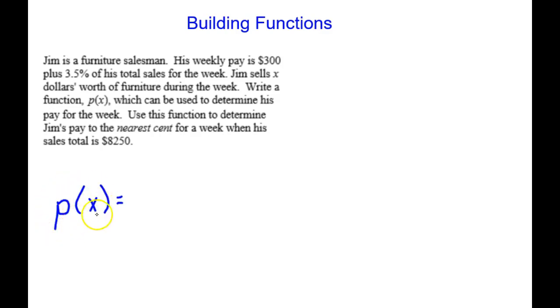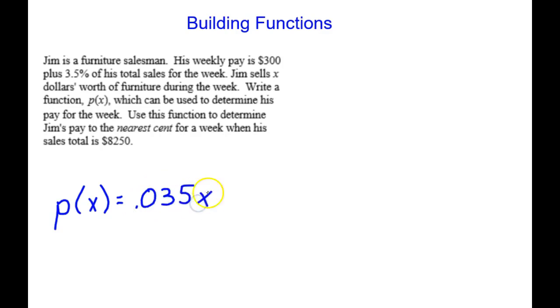So we know we're going to have a function P of X which represents Jim's pay for that week. We need to determine a y-intercept and a slope. Okay, so the key part we can look at here is he makes 3.5% of his total sales. When we see that word of, that means multiply. So that indicates to me we have a percent, we have a rate multiplied by his sales, which is the variable in this case. So we have 3.5%, we have to convert that to a decimal, so it's 0.035